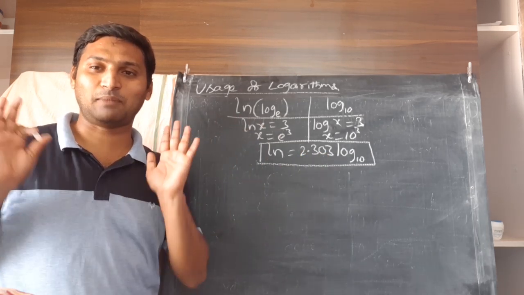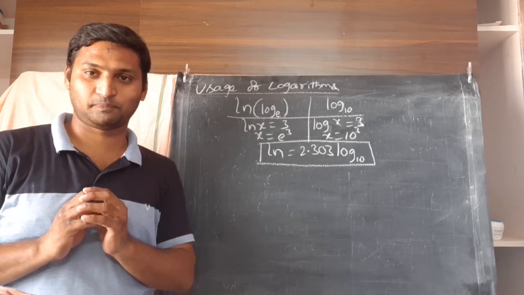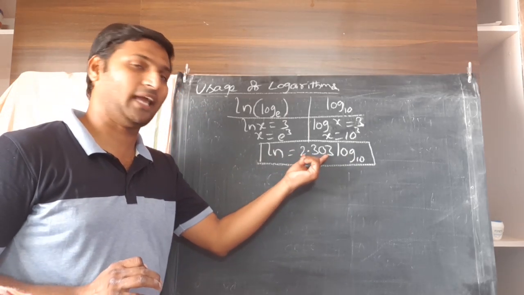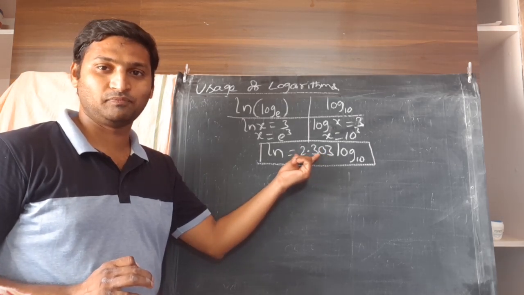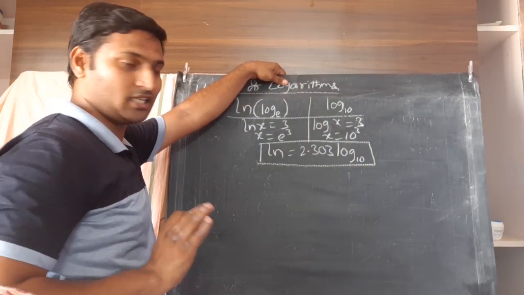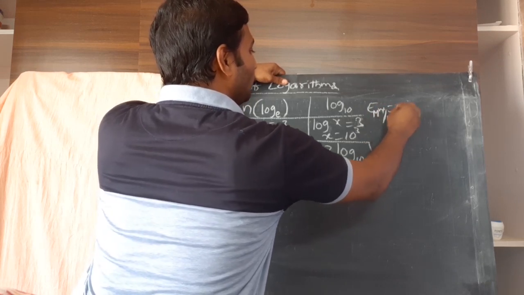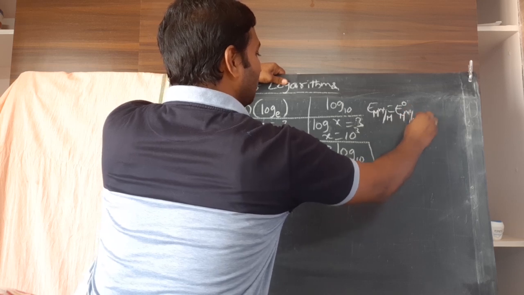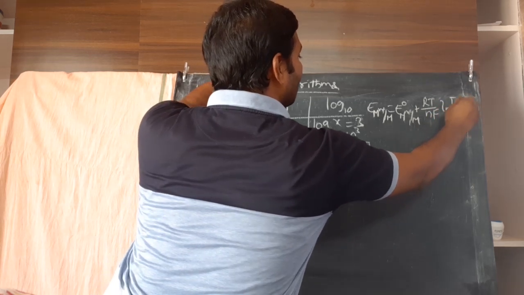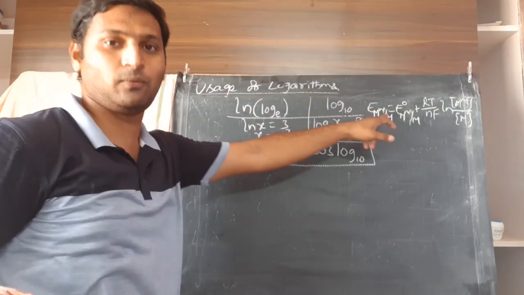Why and all is the mathematics teacher's responsibility. My duty is to tell you how much is required for chemistry. Okay, so natural logarithm can be converted into log to the base 10 by multiplying by 2.303. Now I'll give you an example here. Remember when I was teaching you the fundamental form of the Nernst equation, I told you first that E of M n+ / M is equal to E naught of M n+ / M plus RT by NF, natural logarithm of concentration of M n+ by concentration of M. This is the first form we gave you.